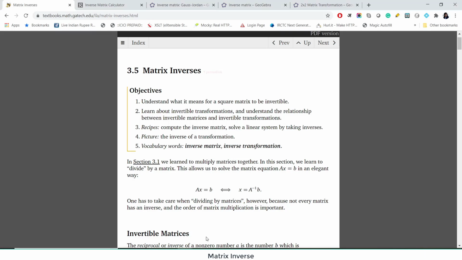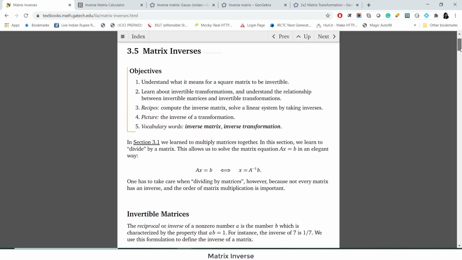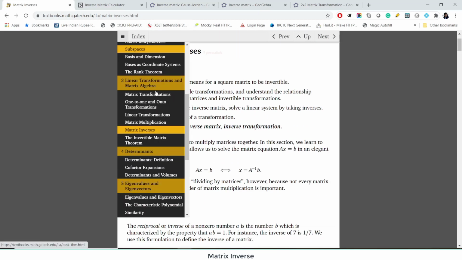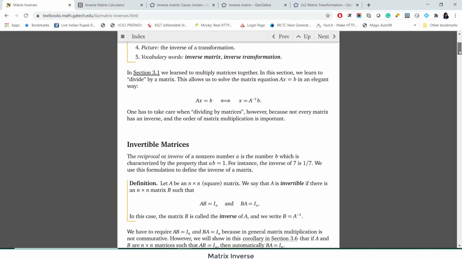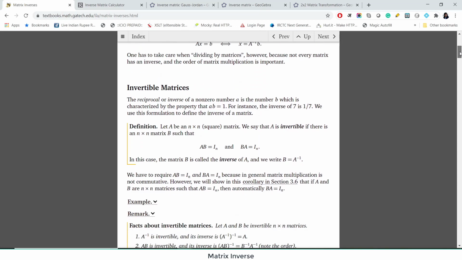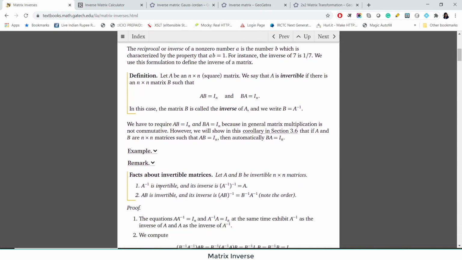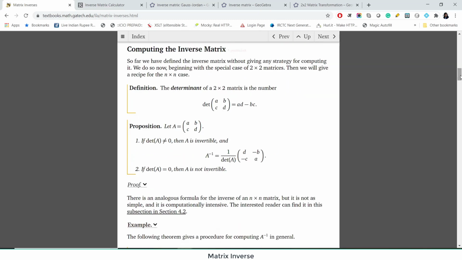So here I would like to show you one very interesting interactive ebook by Dan and Joseph. I will share these resources with you. So in this book, this is the index. There are just a few selected topics from linear algebra, not all the topics, but the book is interactive. You see here are the definitions, what all things they have covered in this particular chapter, and you see some of the math here and there, and these are the properties. But what I would like to show you is the animation. Yeah, this was the formula for computing the inverse of a matrix using the adjugate method for a 2 by 2 matrix.